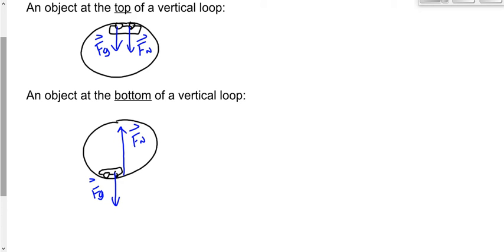The net force must be toward the center of the circle. Otherwise, you don't go in a circle. So, if the net force must be toward the center, assuming we remain in the circle at the bottom, right? The net force must be toward the center. Then the upward force that acts toward the center must be bigger than the downward force that acts away from